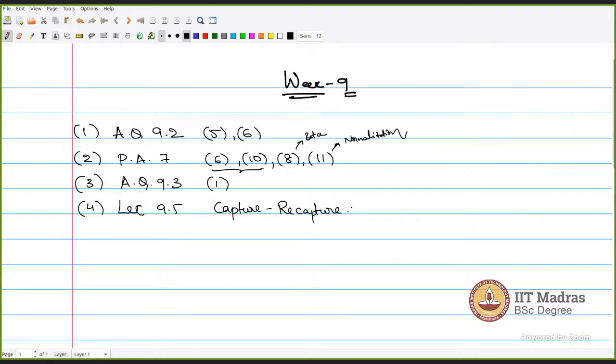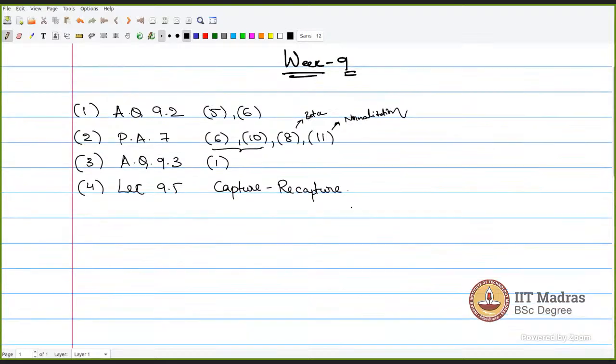Okay. Let us start then. So let me see what this practice assignment week 7 questions are related to. If it doesn't relate to these questions, I will complete week 9 and I will move to week 7 then, if there is no interrelation between those two. So if there is an interconnection, then I might start from week 7 questions and I will come to week 9. Is that okay?